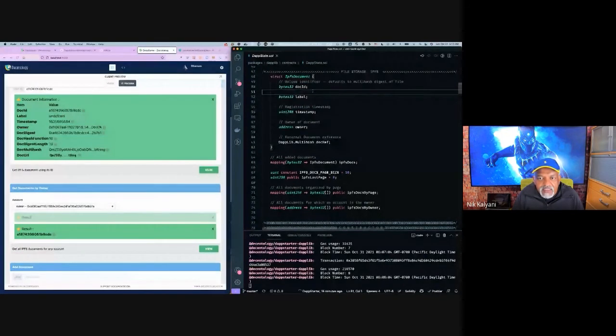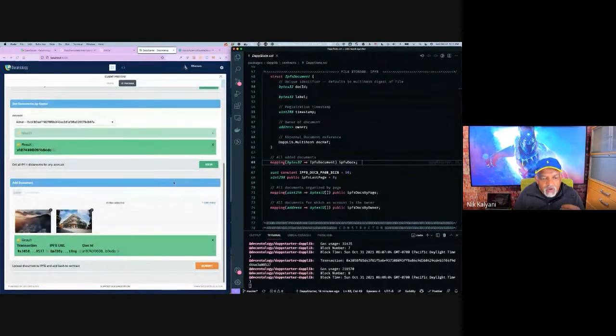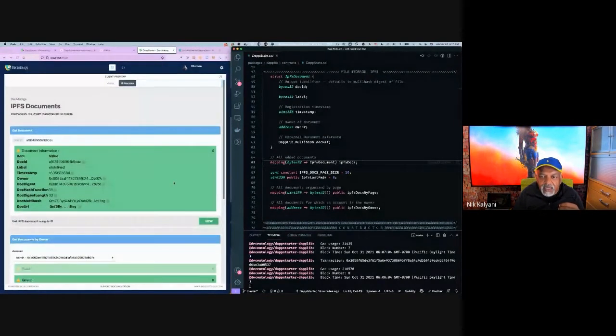So it's got a doc ID, it's got a label, a timestamp, an owner, and you can see that kind of mirrors what's going on here. It also has this thing called a doc ref, which is a compound object type. So it has all these properties here. So here's the important takeaway from what I'm just showing you here. A smart contract in a blockchain is your code, but it's also your state data. So IPFS docs here is actually a state variable in this contract, and it holds the data that I'm manipulating here. So this is an important thing for you to understand, is that in your typical Web2